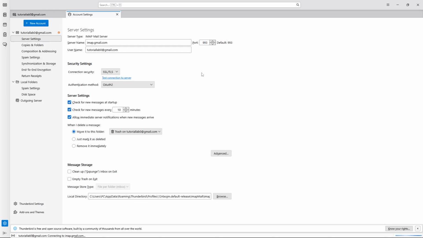This aligns your incoming server authentication with the same secure protocol you set for outgoing mail, creating consistency across your account settings. And that's it. You've successfully updated both your outgoing and incoming server settings to use secure connections and modern authentication. Thunderbird should now be able to connect to your email server without the